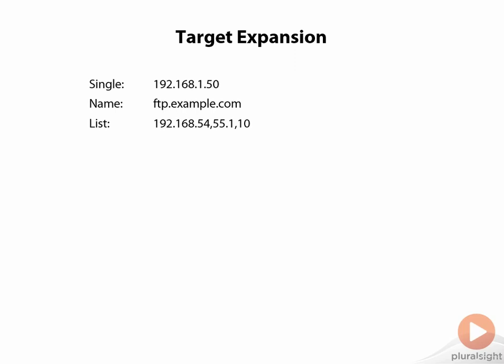Multiple IP addresses can be combined into one argument using lists. Multiple values for each octet of the IP address can be listed at once by separating the values with commas. In this example, we have two lists. In the third octet, we've specified 54 and 55, and in the fourth octet, we've listed both 1 and 10. All lists are expanded in all combinations, so in this example, Nmap will scan for 4 IP addresses: